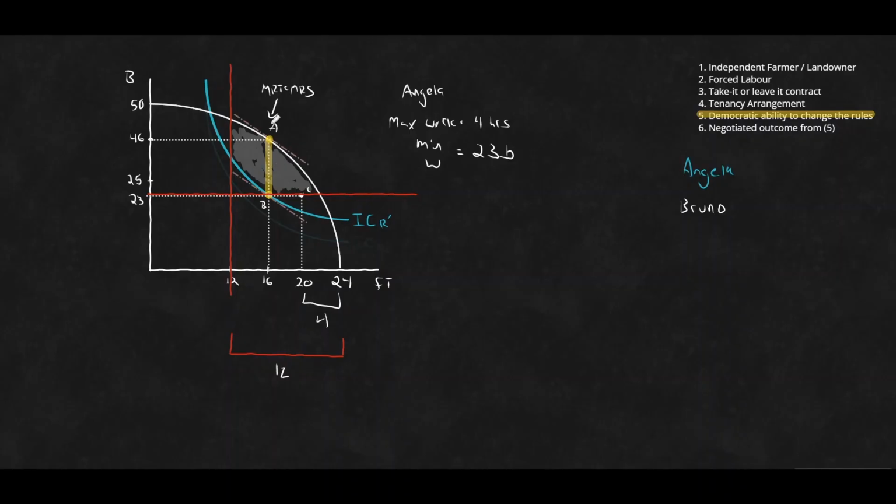If we go and lean on to what we've been saying, which is Bruno has all the power in setting this, well then just like before, Bruno will set that wage all the way down to the legislated minimum, which is also based off of the indifference curve of Angela, the minimum wage Angela would accept. And as a result, Bruno would similarly, in this case here, extract all of that surplus, all of that profit for himself.